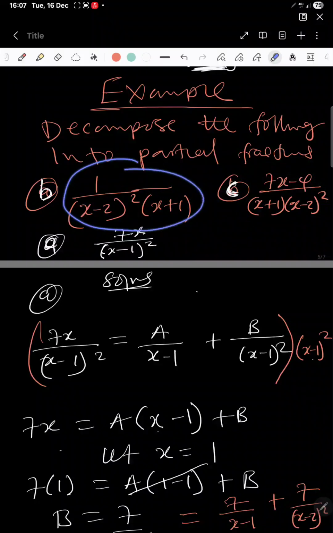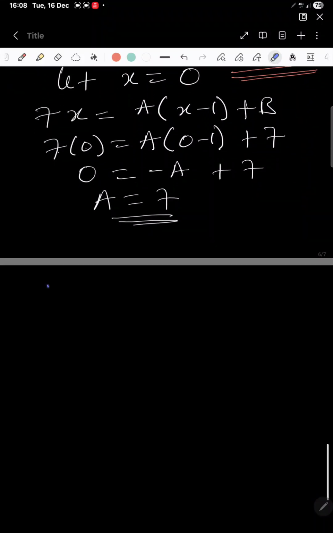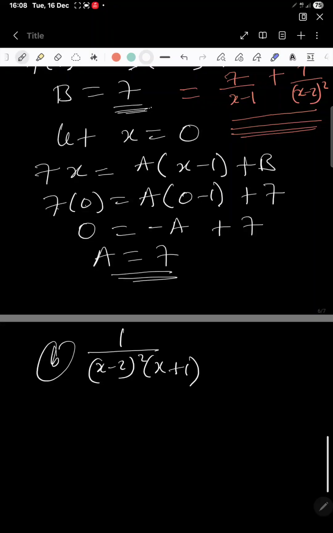So when resolving this into partial fractions, we have 1 over (x minus 2) squared and (x plus 1). So number B, we have 1 over (x minus 2) squared and (x plus 1). What you need to start from here is making the assumption where you are creating the A, B. So you have 1 over (x minus 2) squared and (x plus 1), which is going to be equal to,